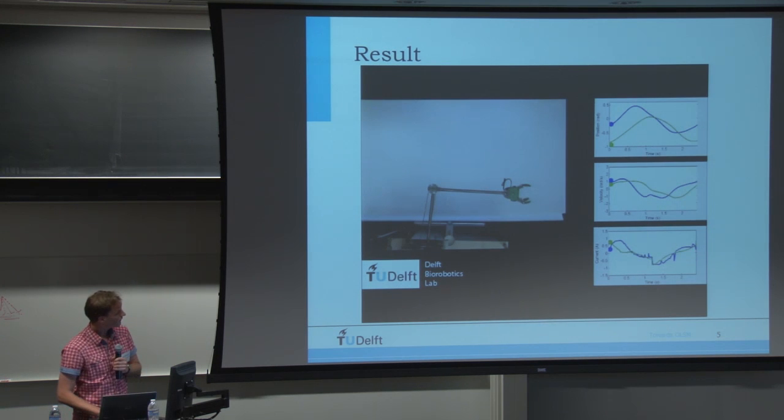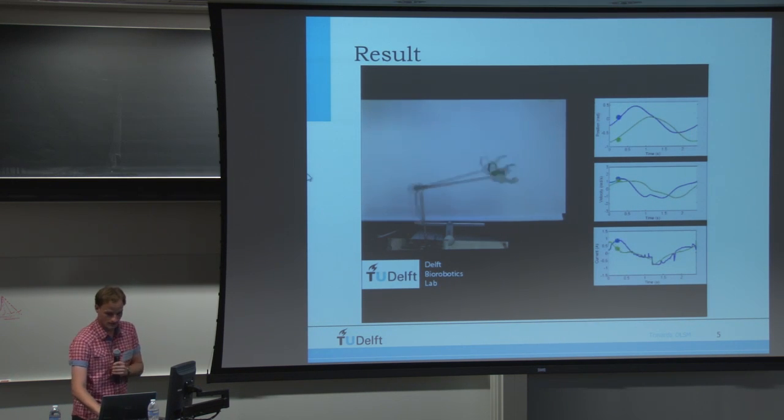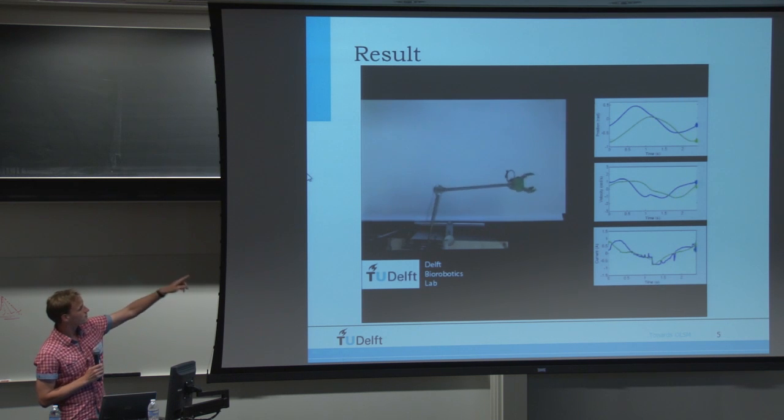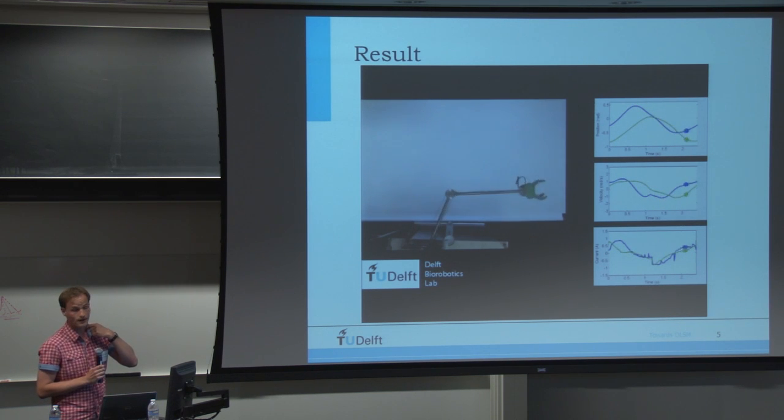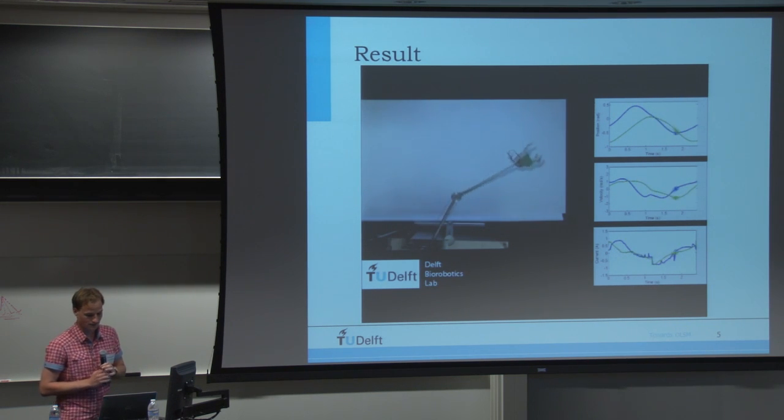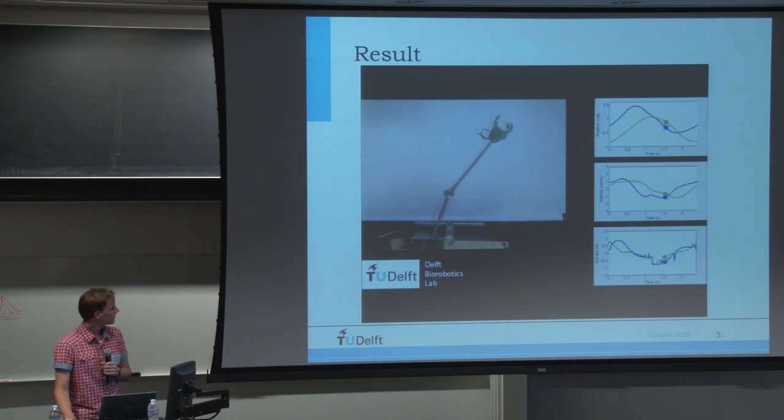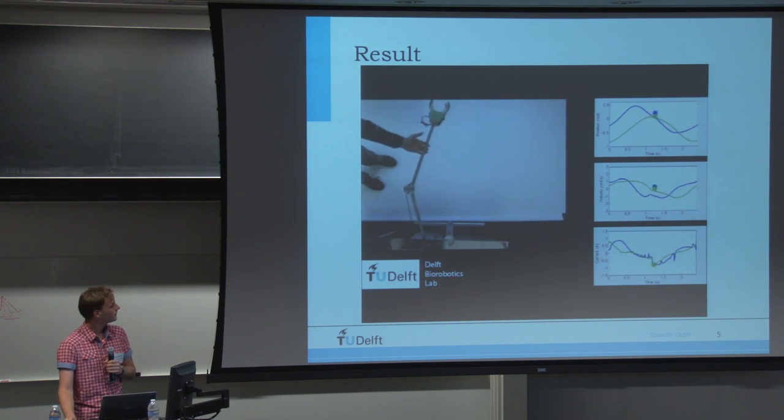So you see the robot here, and the 3 graphs from top to bottom are position over time, velocity over time, and torque over time. So let's play it. So you see these little balls, they show the motion it makes in the graphs, and obviously you see it waving about. And after a couple of seconds, I will come in and give it a little push,